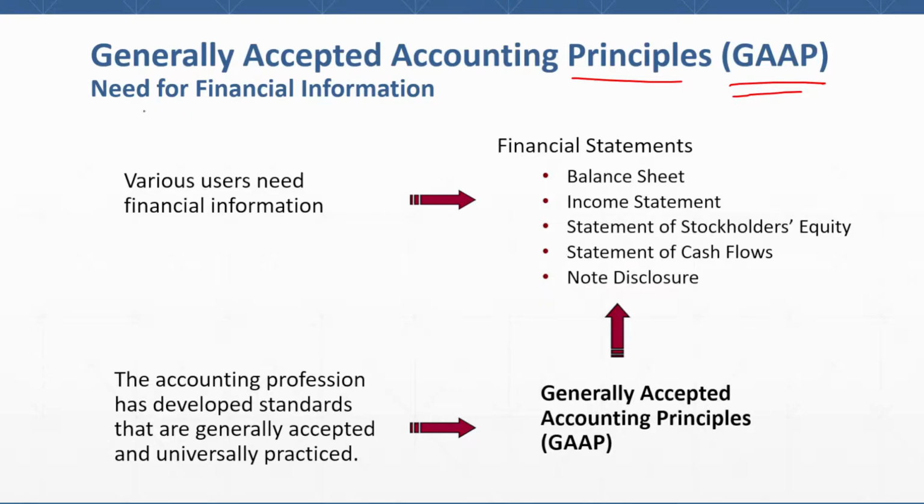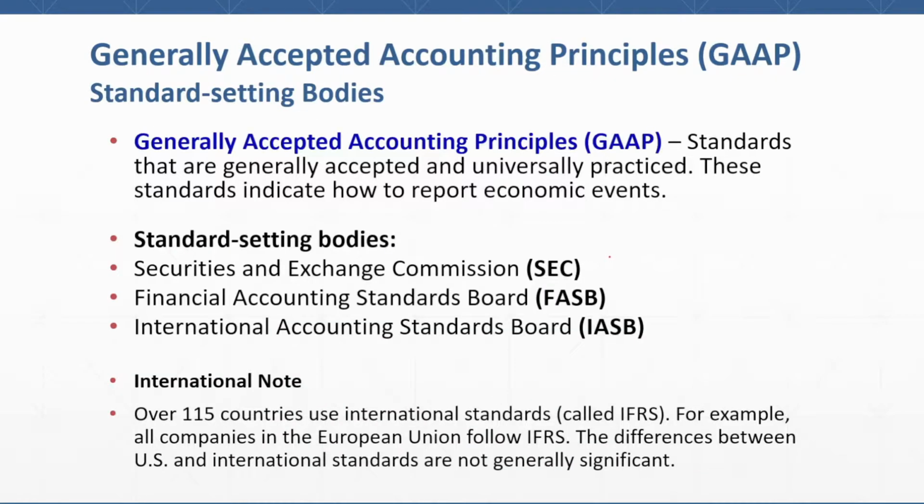People need to have information, right? There is a need for financial information. Investors need to know what's going on inside the company. Creditors, lenders need to know what's going on inside the company financially. So different users need different types of financial information. And in order to fulfill that need, accounting profession developed some standards to make sure that our reports are similar, they are comparable. Different firms have similar reports, mostly in terms of format. Those standards are called GAAP.